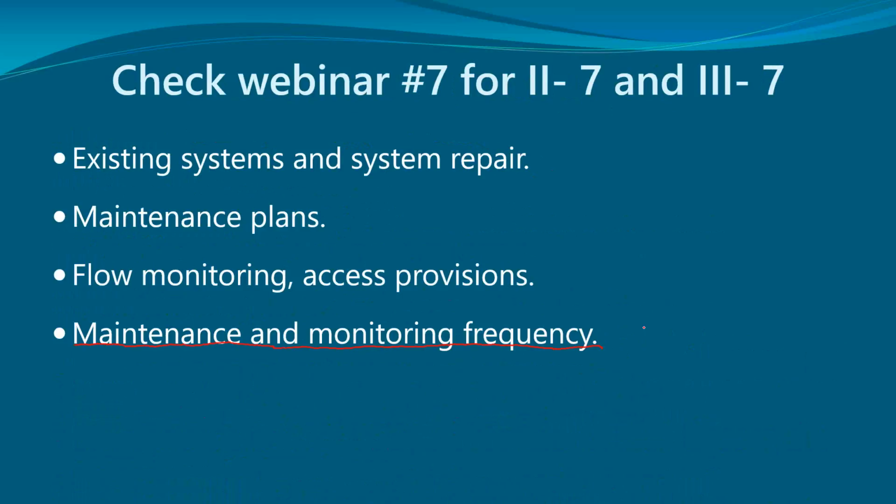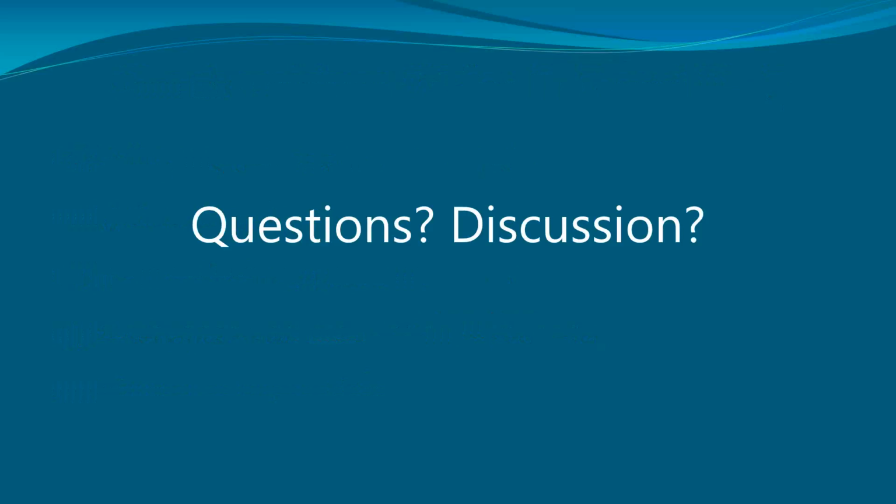Right? The SPM gives us new frequency for the initial maintenance, and then we're supposed to know how to stretch that out or how to justify changing the frequency as the system continues in use, in other words, in subsequent years. And then maintenance procedures we talked about. Any questions or thoughts on that?